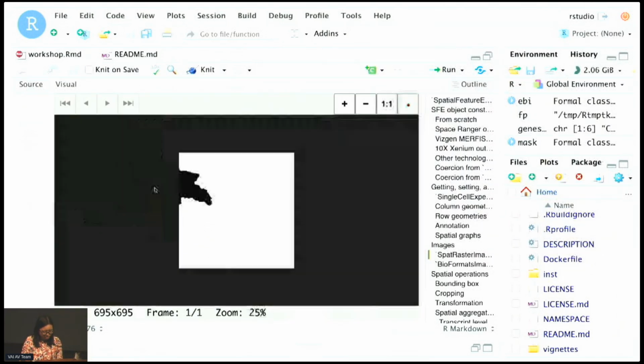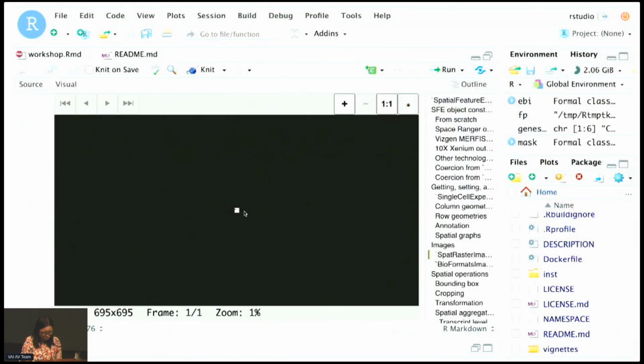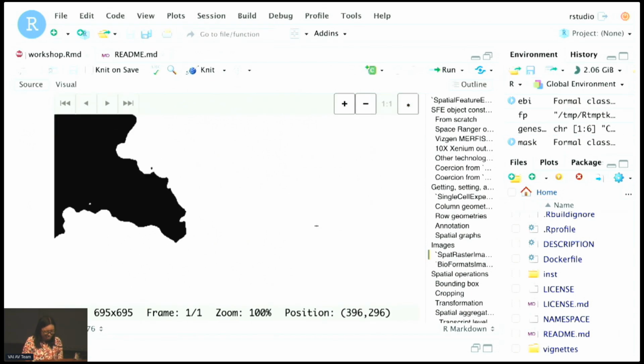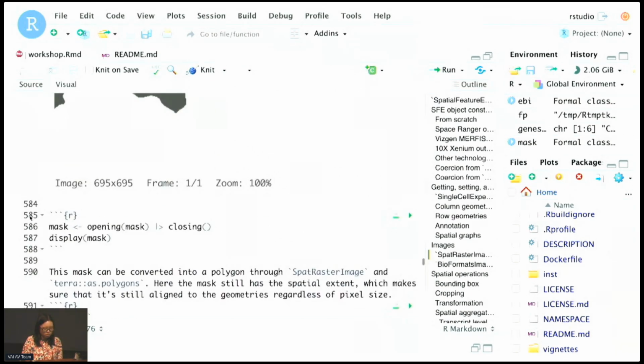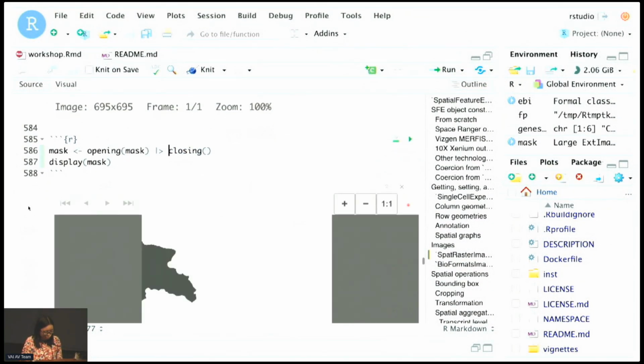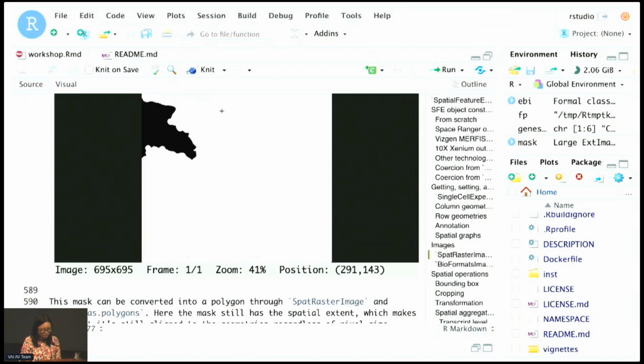And we see here that there's a small bit and there's a hole, and from the image processing tradition, we can do an opening operation; opening can remove the small bits and closing can fill in the holes. That's what it would look like.